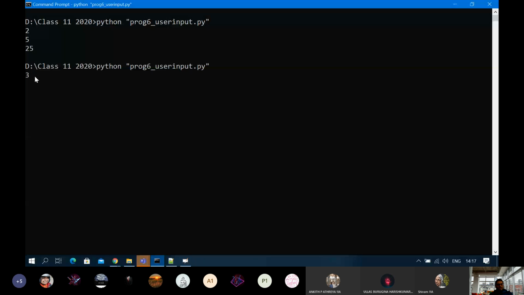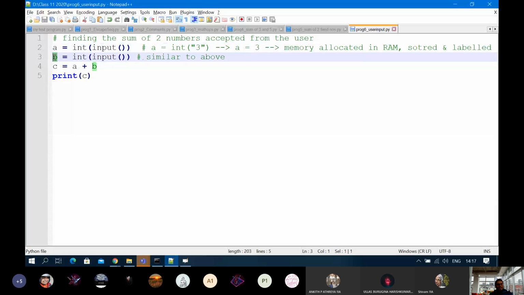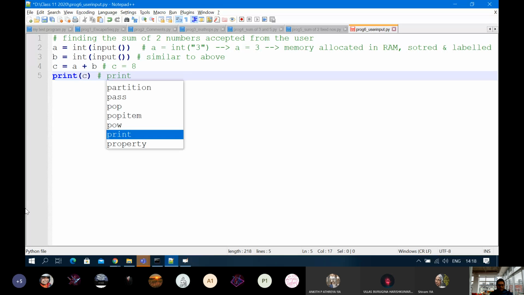Another memory location, let's say having value 5, labeled as B. In line number 4, C will add the values after fetching from the memory locations labeled as A and B, getting a resultant value which will be 8, and 8 being stored in C. In line number 5, C will be replaced with 8 after fetching the value from the memory location labeled as C. So print will internally change to print C equals 8, and this will finally change to print 8, and then 8 is displayed on the screen.